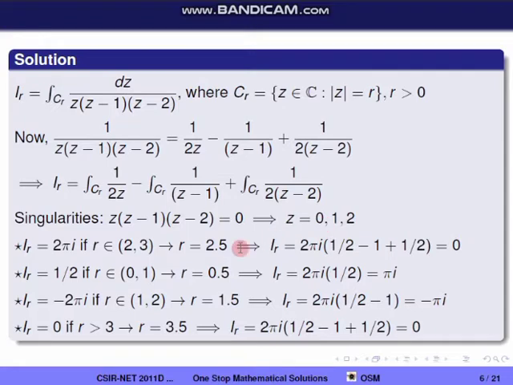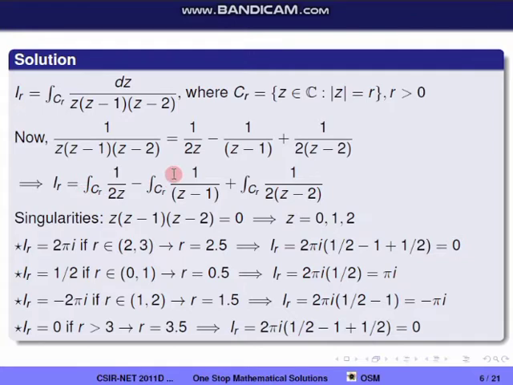So we will check option wise. The first option is IR equals 2 pi I if R is an element of (2, 3). I am taking an approximate R value like 2.5. If R is 2.5, then all singularities lie inside CR. Therefore, using the Cauchy integral formula, we get IR equals 2 pi I times 1 by 2 f of 0